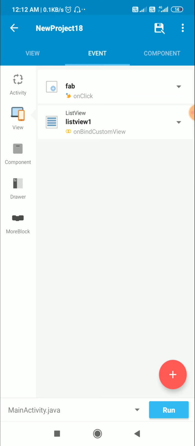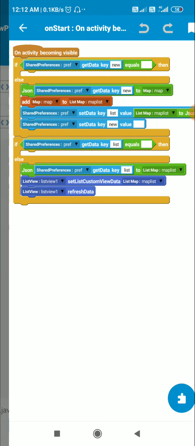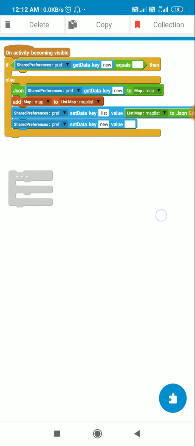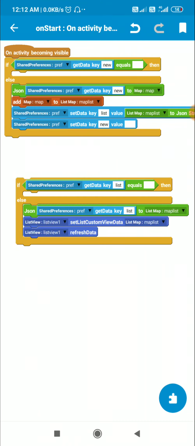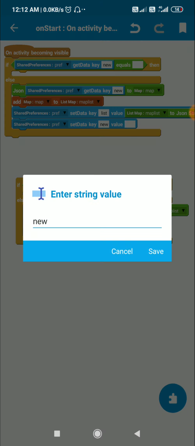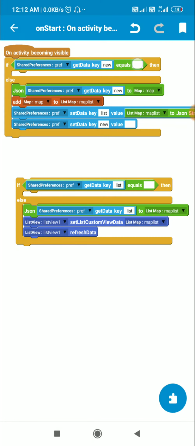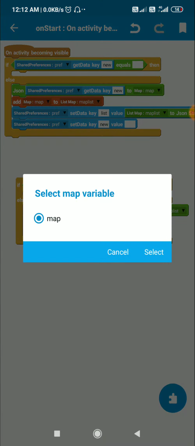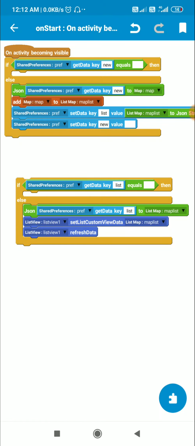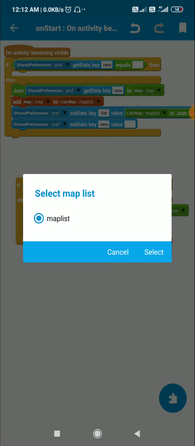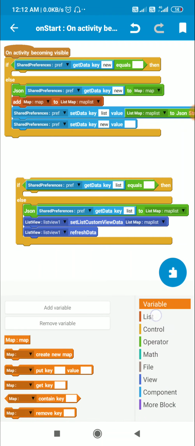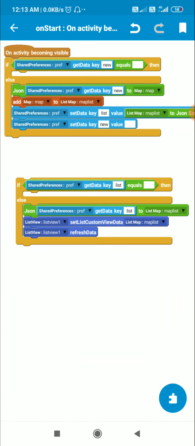In the on start event of main activity, here I have these two if else blocks. So first I check if this key new is empty. If it is empty I do nothing. If it is not empty, then I get this key new from shared preferences and I convert it to map, and then I add this map to a map list. So here I have this list map list and a map variable map.